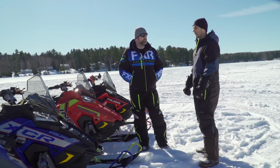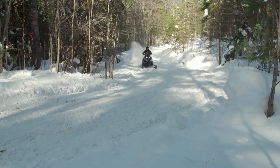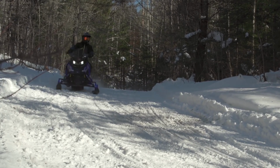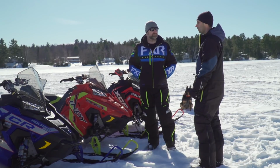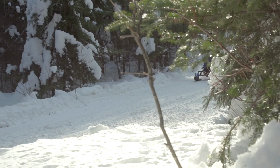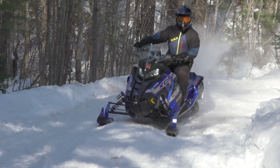I really had a blast riding this thing. The positioning and the ergonomics of the handlebars is very similar to my current setup, so that's one thing that I really like. The 129 tunnel, same as the XE, the different skid, everything worked really well. The front end, still super precise. That's kind of what keeps you coming back, isn't it? The front end is like...